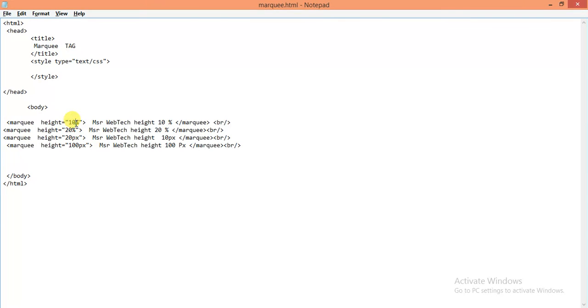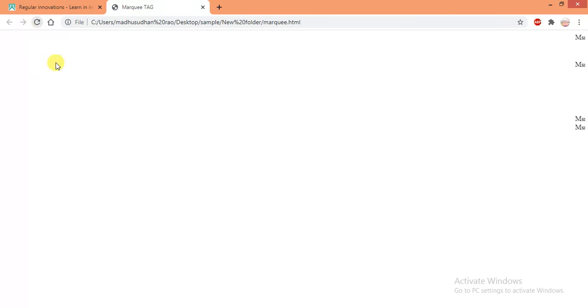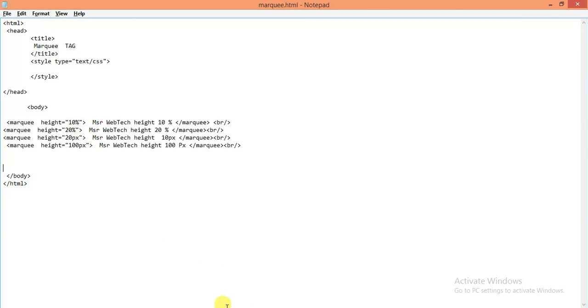I am taking different values: 10%, 20%, 20 pixel and 100 pixel. 20 pixel means small height, 100 pixel means the highest height. You can also use percentage. 10% means small, 20% means highest. Just Ctrl S and refresh. You will get the effect here. Next we will go to the next attribute.